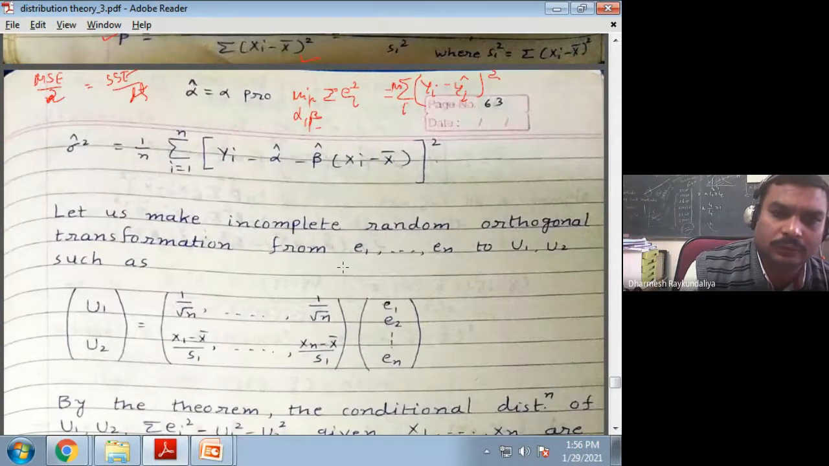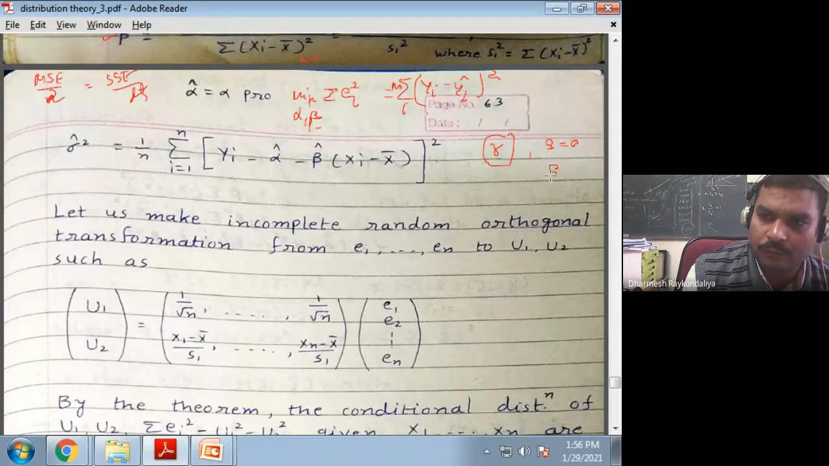So sigma square is this. As I said in the morning session, whenever you are finding the distribution of R when rho equals 0, it is called the null distribution of R. When rho is not equal to 0, it is said to be a...